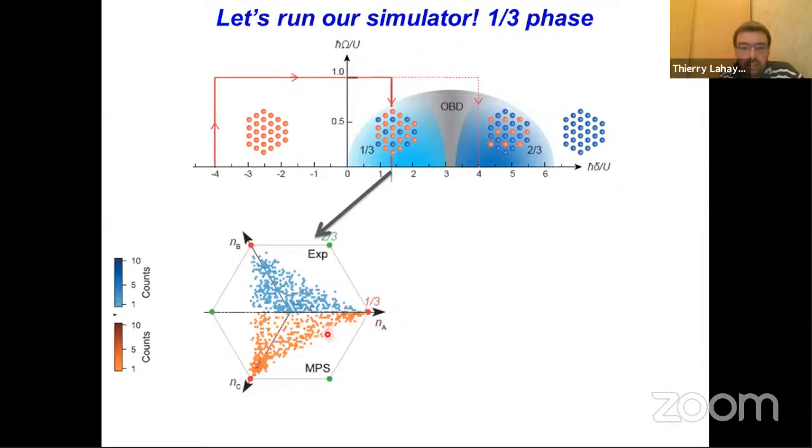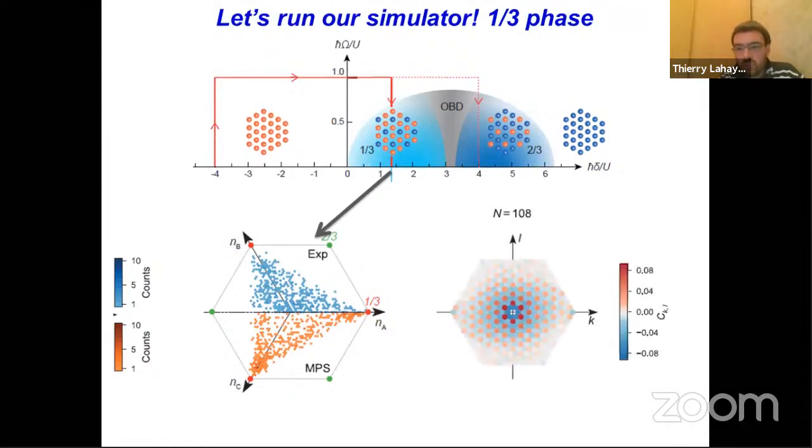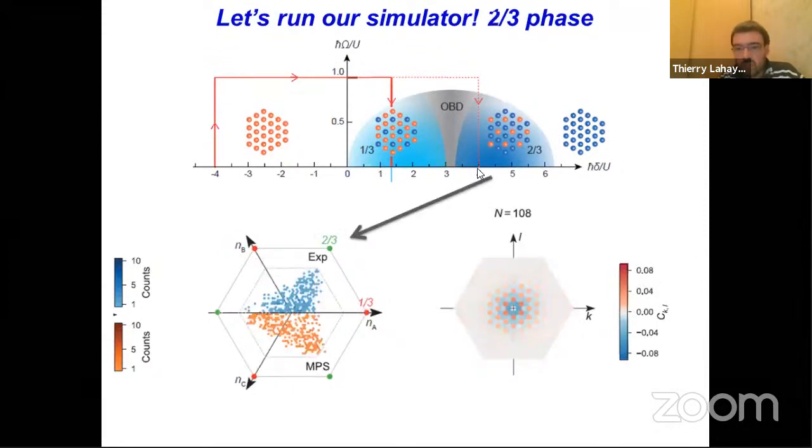ordering. And here at the bottom, you've got the results of the matrix product state simulations for the actual ramp that we put in the system and so on. And you see that the agreement is actually really very, very good. Again, there are no adjustable parameters here. It's just taking the known imperfections from the system. So then we can measure correlation functions, of course. And we can do the same also for this